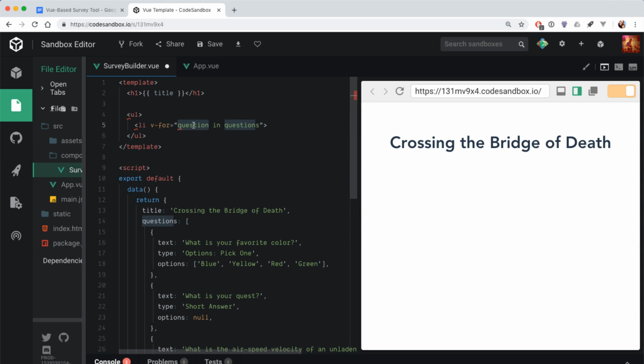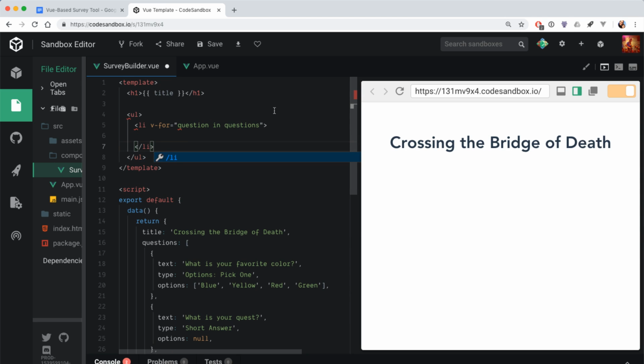Right? This is just the name we choose to use inside of the LI. This one has to actually correspond down here to something in data or computed properties or whatever else you might want to do. Got to close my LI,